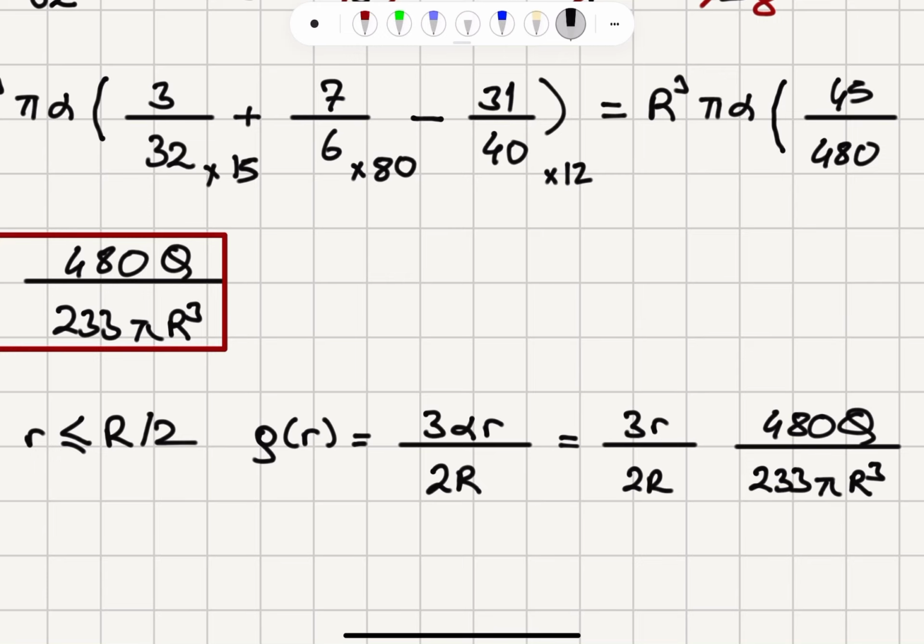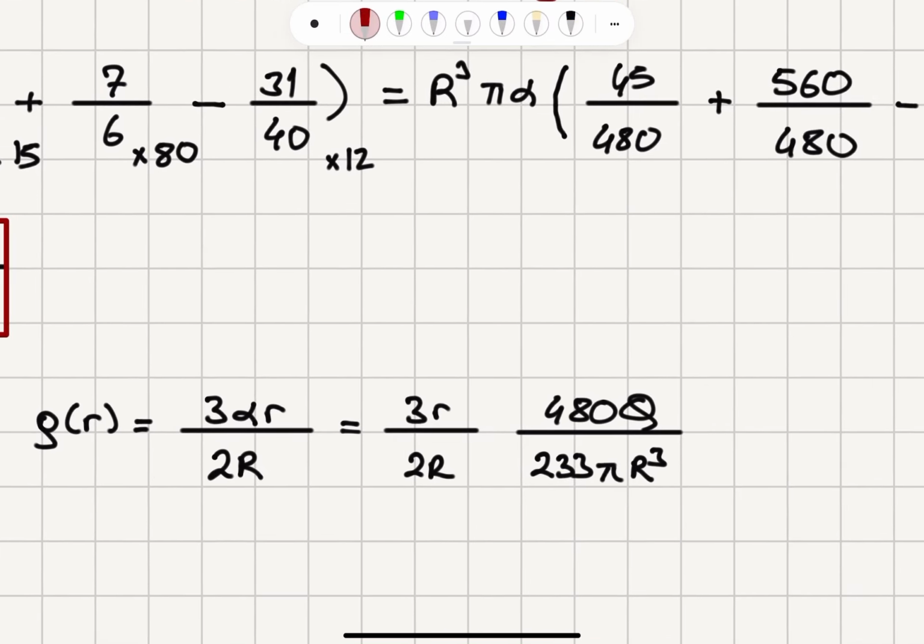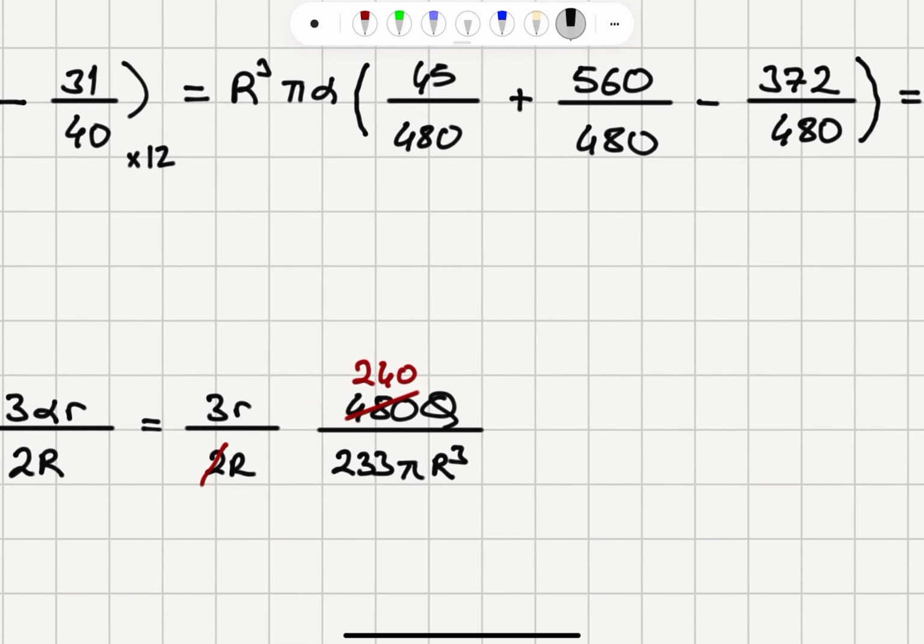So that's what we have found in part A. Now this 2 will make this 480 into 240, and 240 multiplied by 3 is 720. So we will have for the charge density